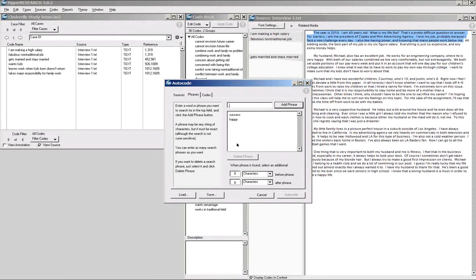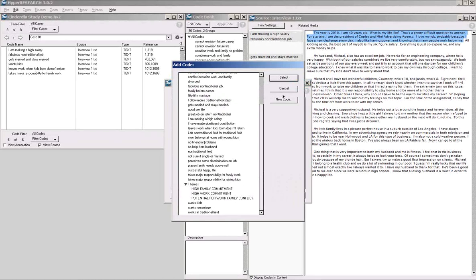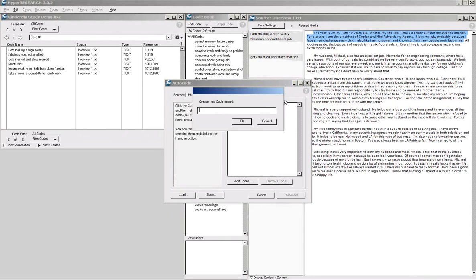That's good enough for now. If I'm seeing these words success and happy, I want to grab a range of text around them, and this is where we can specify what that is. So I'm going to grab one paragraph before those keywords and one paragraph after those keywords, and I'm going to code this to a new code, potentially